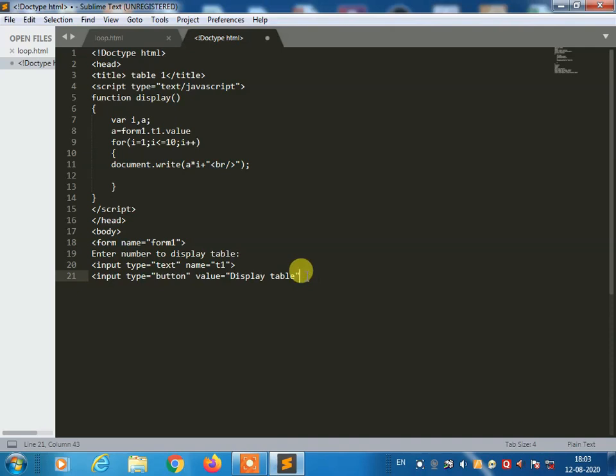Once you click on this button, the result should be displayed. That's why you are going to use the onclick function. Onclick equal to the function we used here, display. Okay, once you use the display function, then complete the body tag and complete the HTML tag.